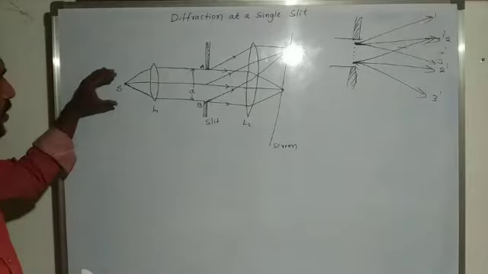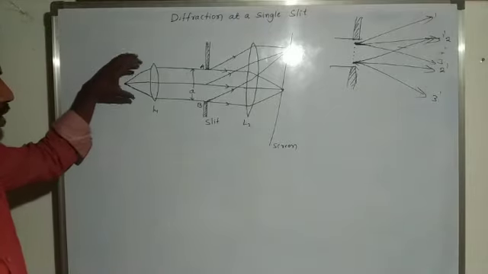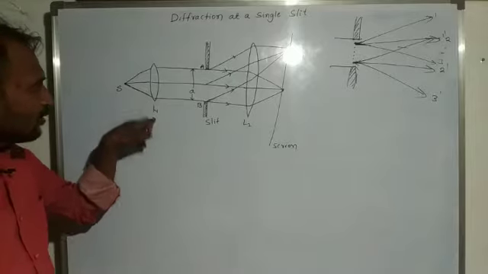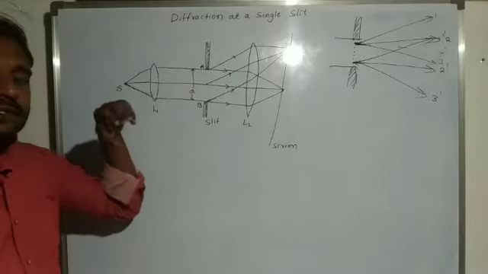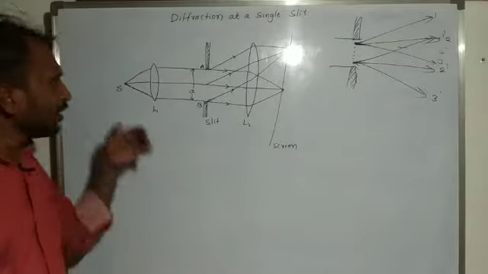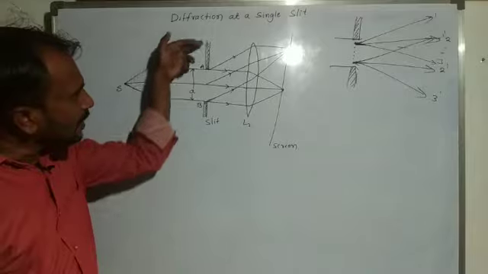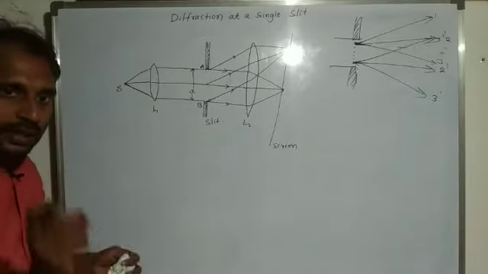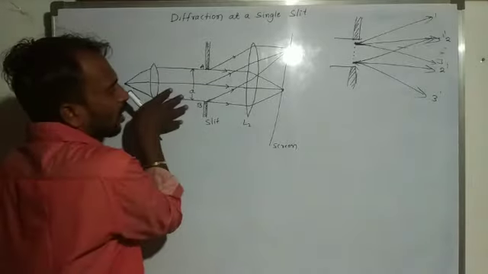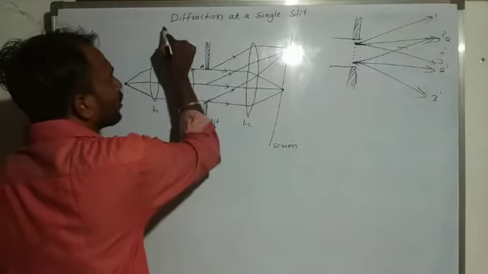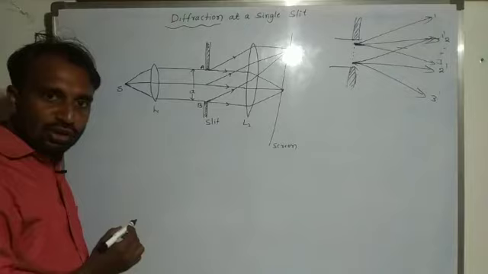Yes, so this one is a source, which emits light rays. These emitted light rays pass through the lens L1, then the light rays are refracted, and these light rays are parallel to each other. These light rays are incident on an obstacle, on the edges of the obstacle. Then what happens? The direction of the light rays changes, because here we get a diffraction phenomenon.